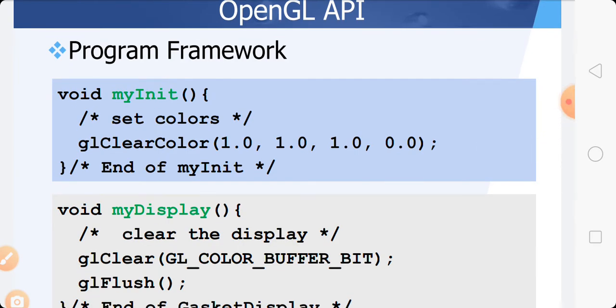void myInit, it's a function. We have to set colors here. glClearColor 1.0, 1.0, 1.0, 0.0.